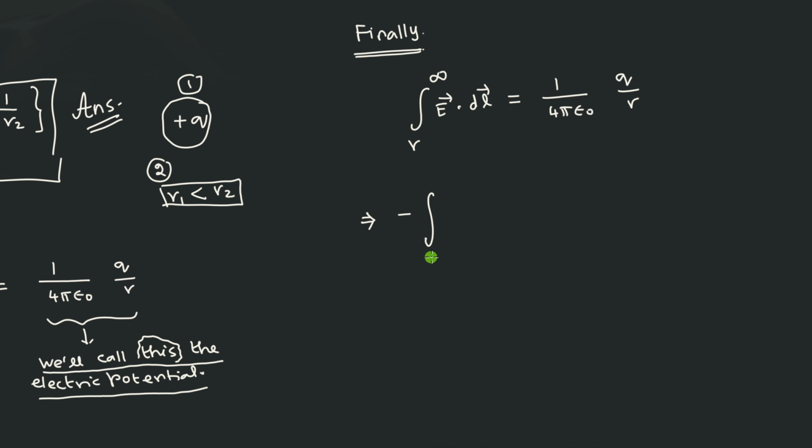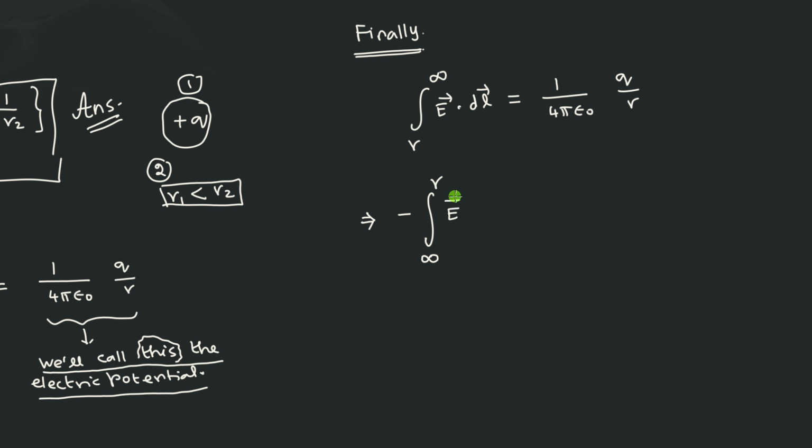So flipping the limit means putting the upper limit to the lower limit and putting this r as an upper limit. That change will be compensated by a minus here. So therefore, these two are identically the same.